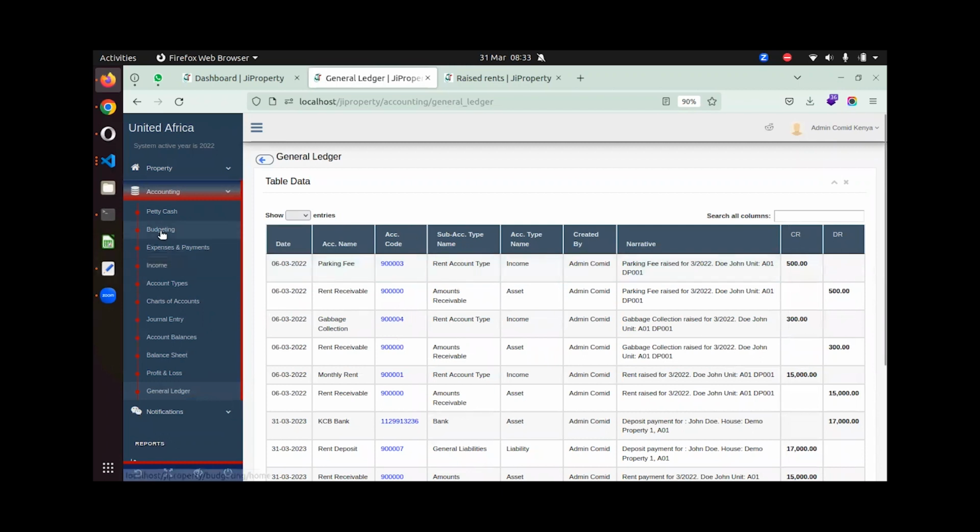So that is mainly what accounting is all about. That is a well-established module to also allow for internal operations and management. Now,